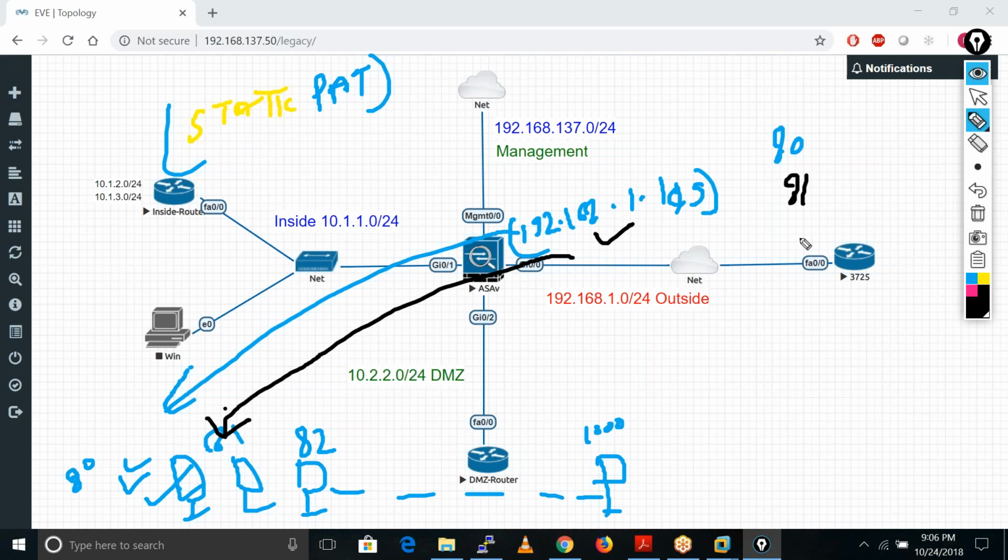If he receives the request on port number 82, and the IP is this, he sends the request towards this server. So that is the way static patching will work.